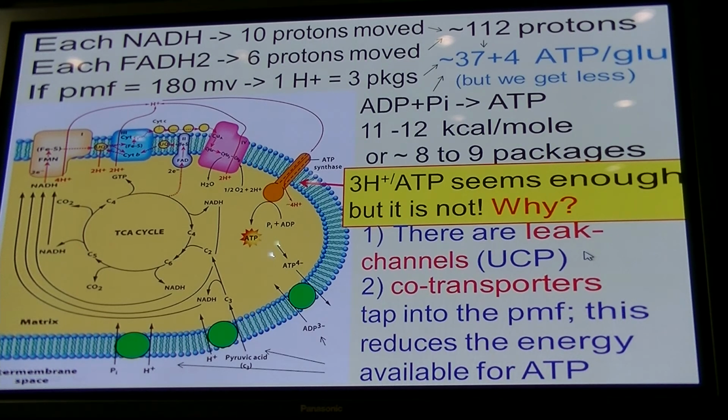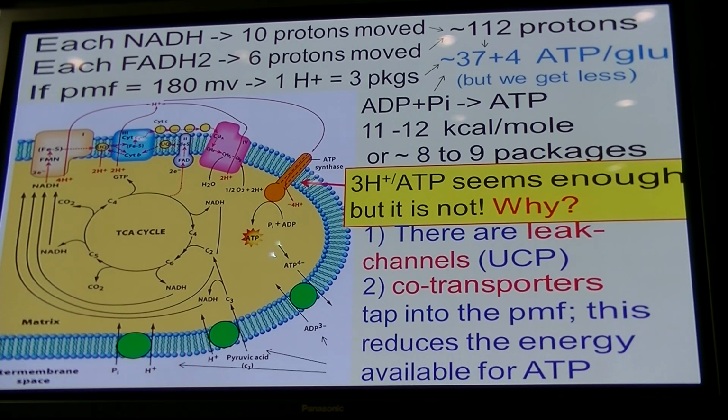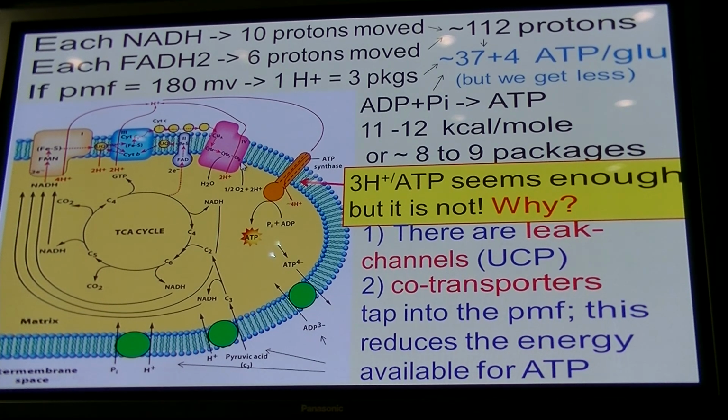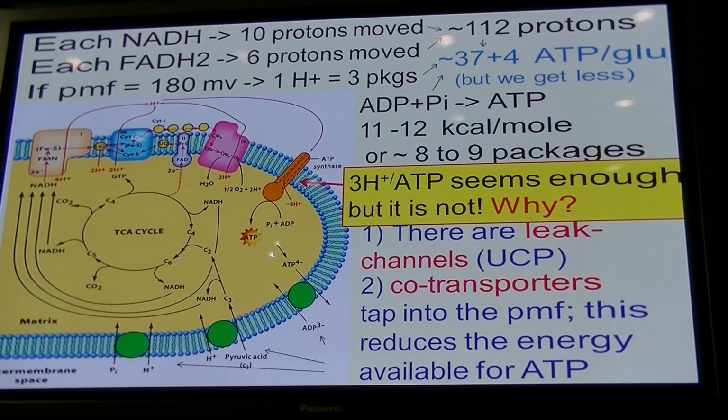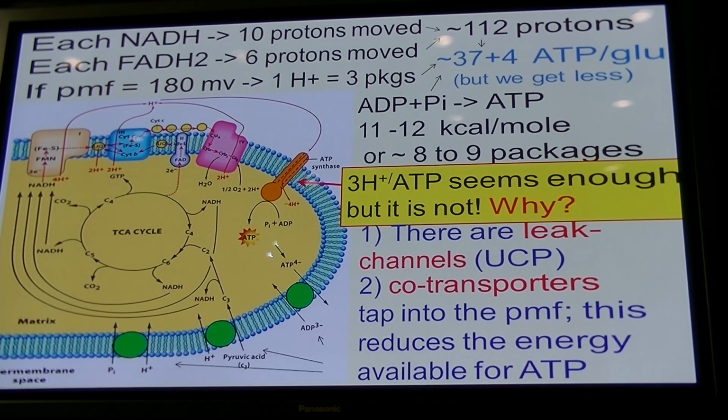Well, you actually want to stay warm, especially if you're a bear hibernating and it's pretty cold. Or if you're a baby and you have a small body, you need to keep yourself warm against the elements. So these channels, these uncoupling proteins, as they're called, are actually present in the mitochondria of mammals to different extents. But they're especially present in brown fat tissue, which is found in hibernators, and it's found in young mammals that need to stay warm. So just to generate